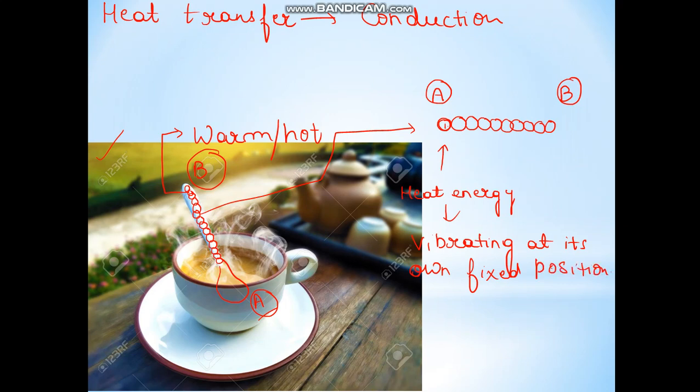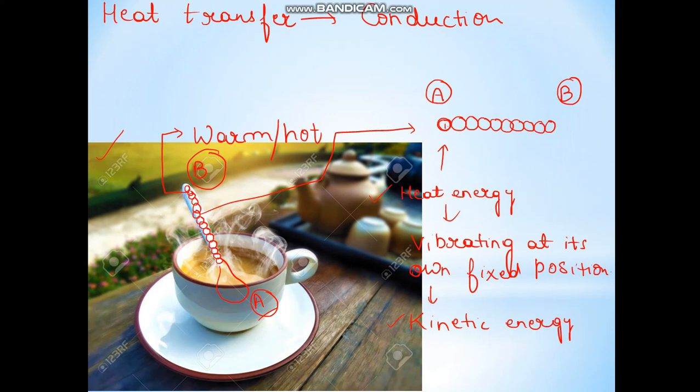See children, let me tell you one basic thing: all these particles of matter are vibrating initially, at their own place, that is, they have a certain amount of kinetic energy. Since they are in motion, even at their own place, they have some kind of kinetic energy. But when these particles receive heat energy, they start to vibrate faster, so they get more kinetic energy.